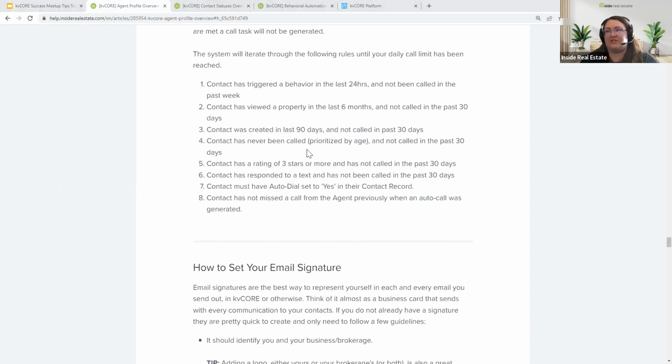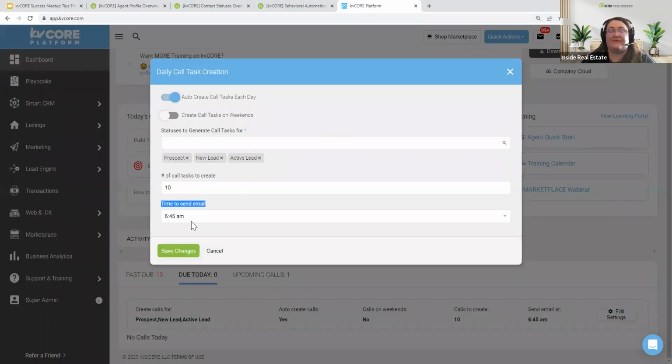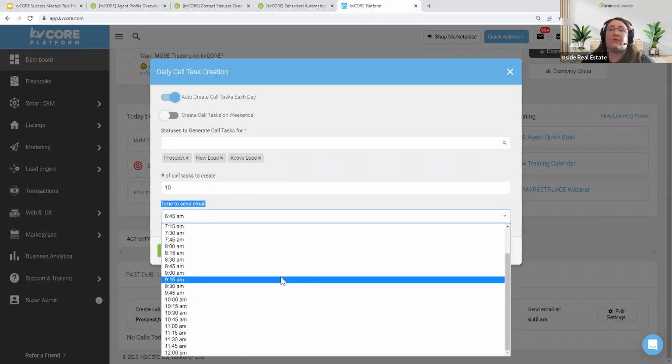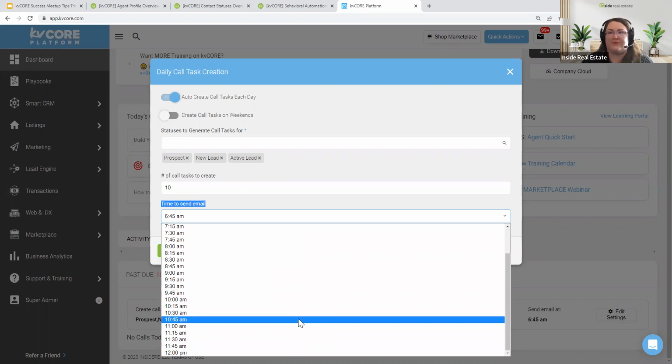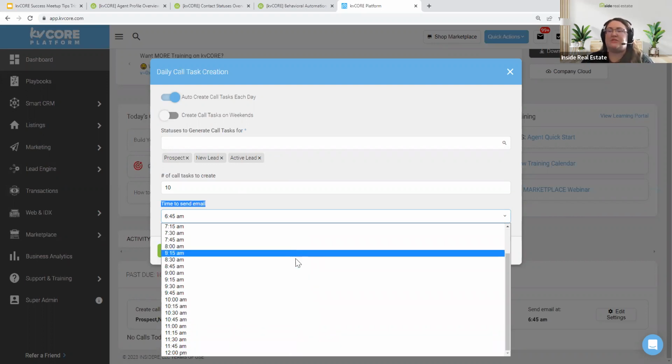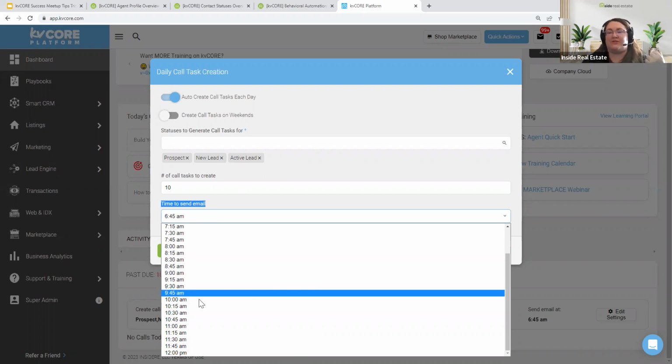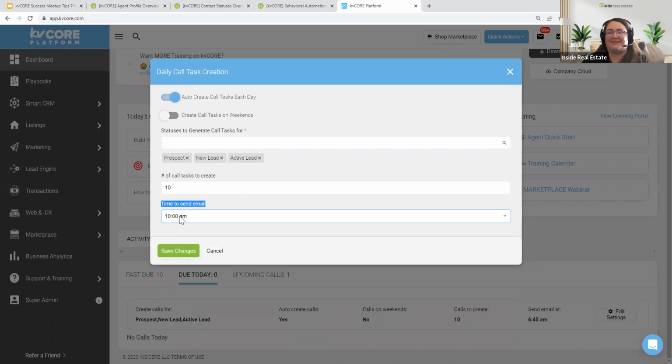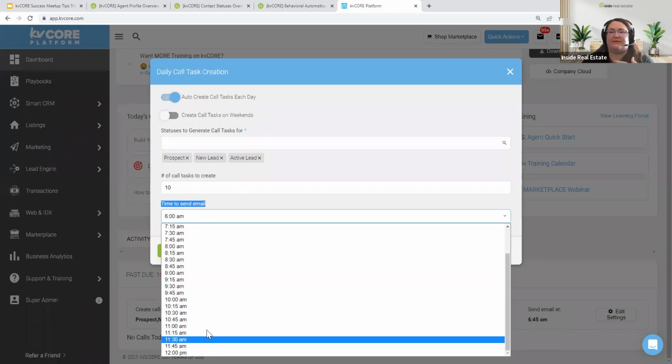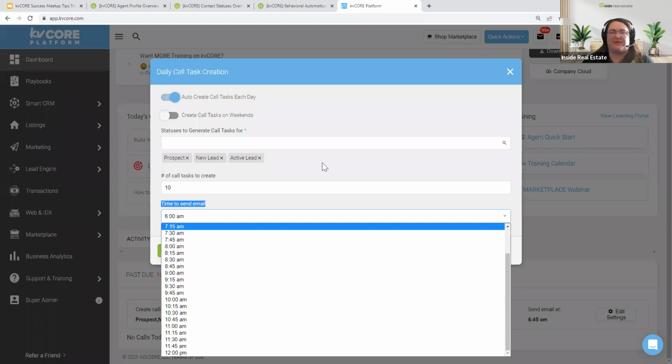Right? So make sure you are doing the activities that are scheduled for you, whether that is through the mobile app, logging into your dashboard on a regular basis, or reviewing this email, right? But you get to decide what time this email comes to you. Anytime in the morning, so 6 a.m. through noon, your time zone. So do you like to get up, take the kids to school, go to the gym, and start your work at 10? Let's send that email at 10. Let's put it right at the top of your inbox. Are you an early riser? 6 a.m. Right? So you can put it whatever time frame you want, it's going to be at the top of your list.